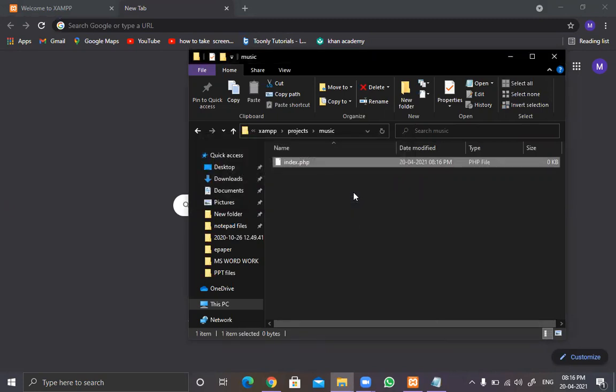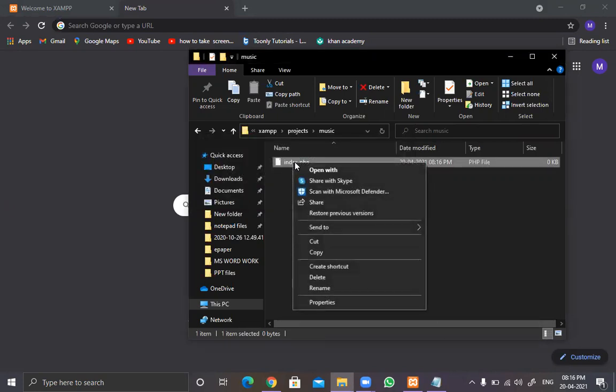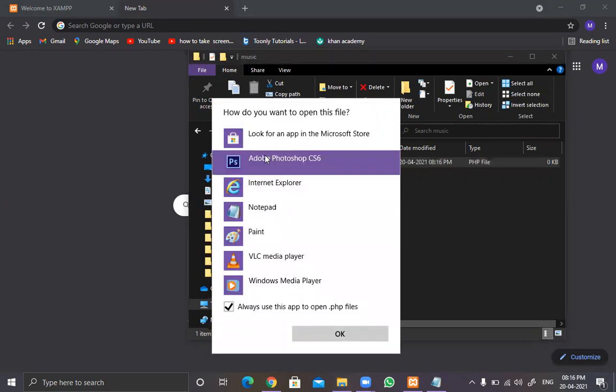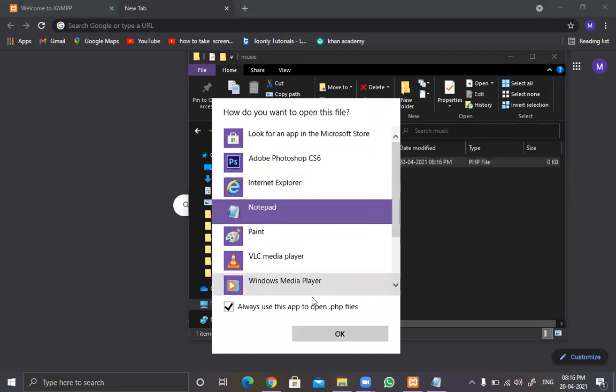I want to change it. Right click and then edit with more applications. Currently I don't have any other software installed, so I'll be opening this with Notepad.